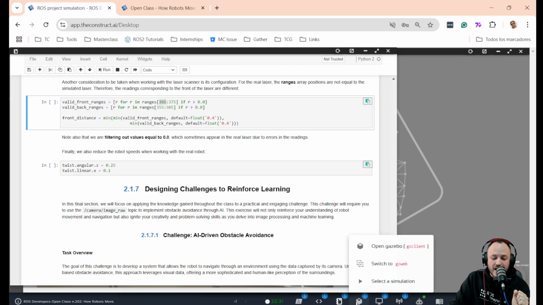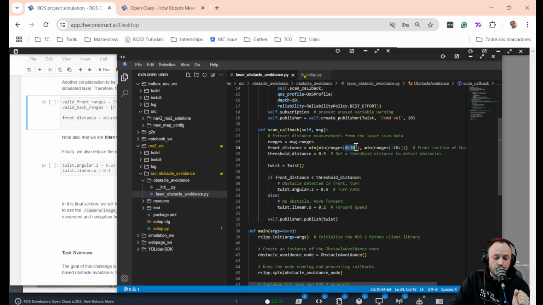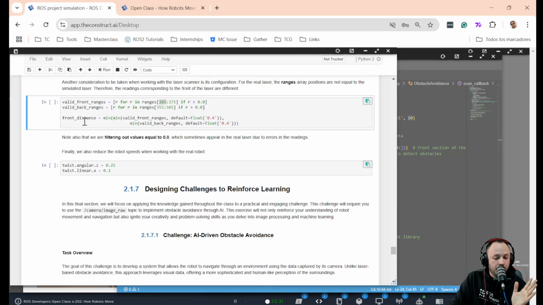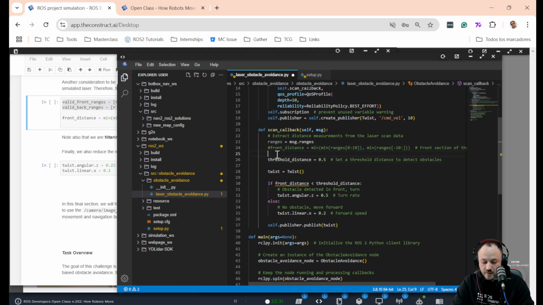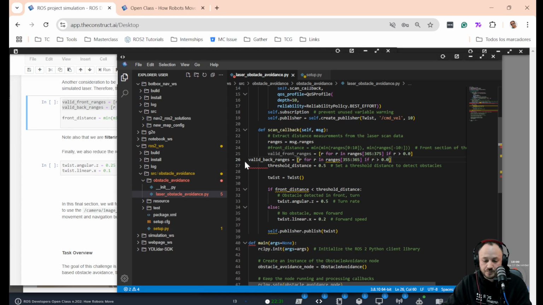Then instead of analyzing the 0 position, for the real robot the front beam corresponds to the 365 position of the array, yeah? So then I need to update this, which I'm going to do right now. Let me comment out this, sorry. Comment out this here, and then add right here the new line,